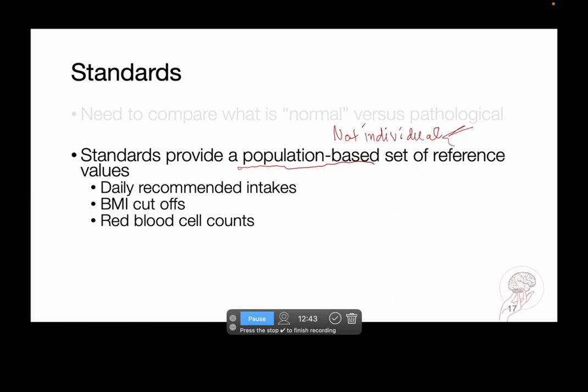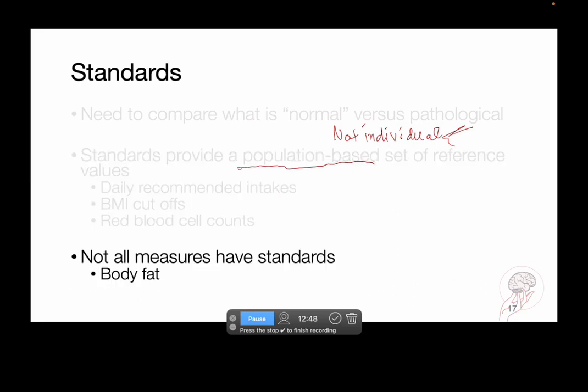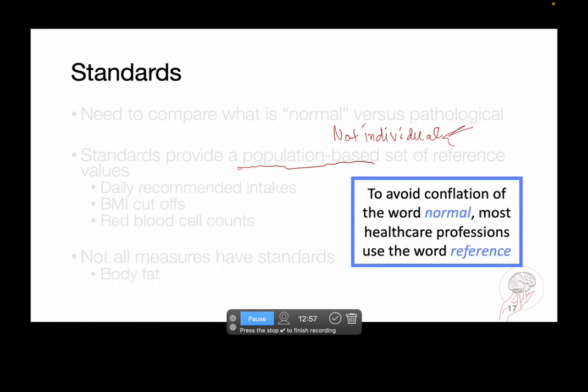So some of the standards we used are things like the recommended daily intakes, BMI cutoffs, red blood cell counts. But not all of our measures have standards. Think about body fat. It's also important that we take a minute to think about what we mean when we use this word, normal. In something like red blood cell counts, normal doesn't really have a valence. It doesn't have a connotation. But when we talk about normal body weight or normal BMI, then we do get into an issue where that has a connotation. So to avoid conflation,